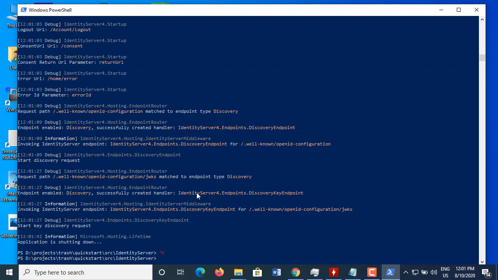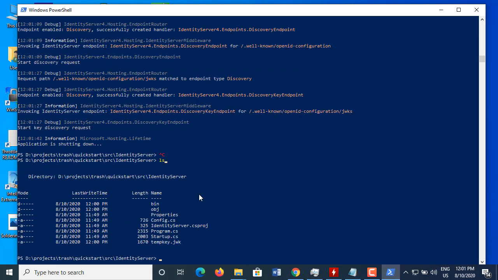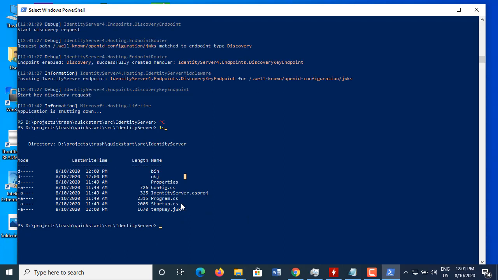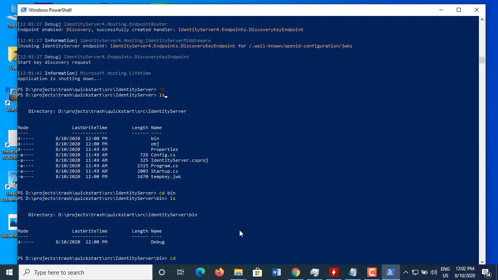Now we can stop it. I just didn't want to pollute the folder with different things. The obj and bin folders have been created when I said run. Of course, I can say build, and obj and bin will be built. In any case, in bin, debug. Okay, so let me look at the bin folder. In debug,